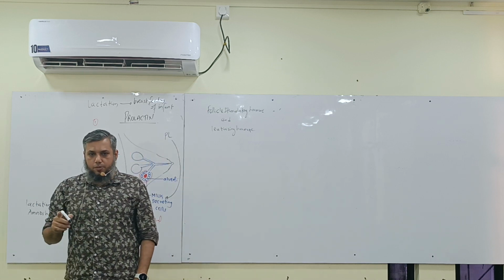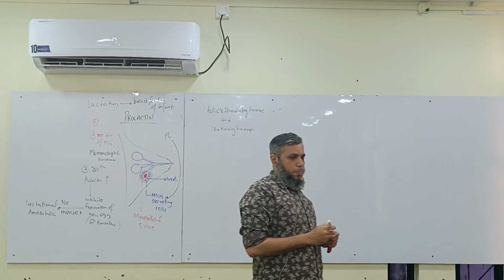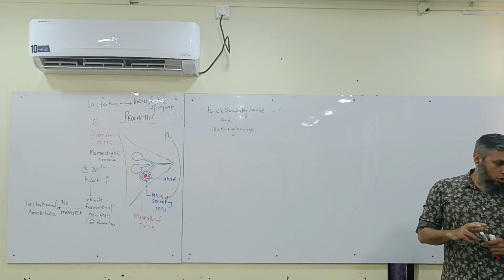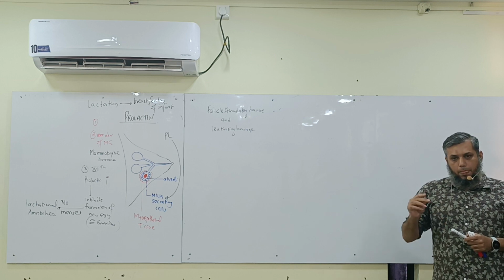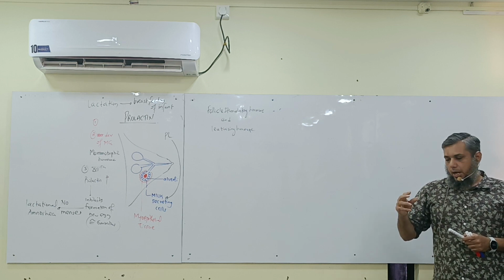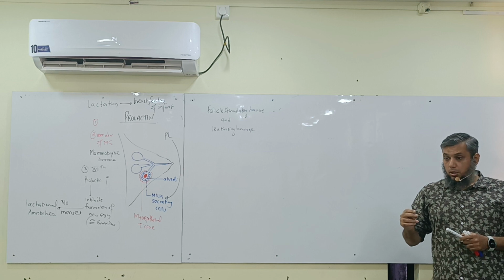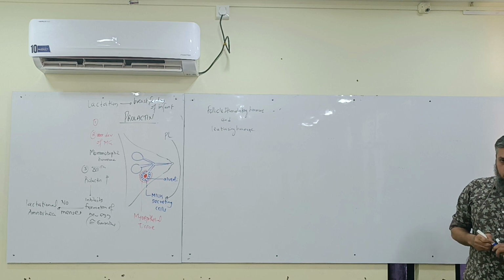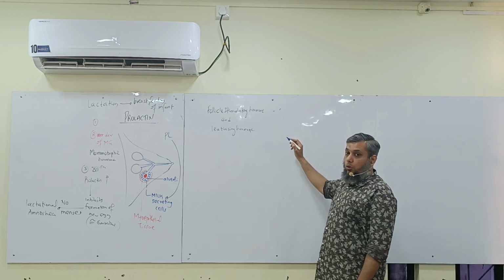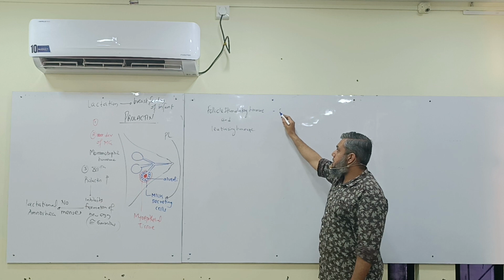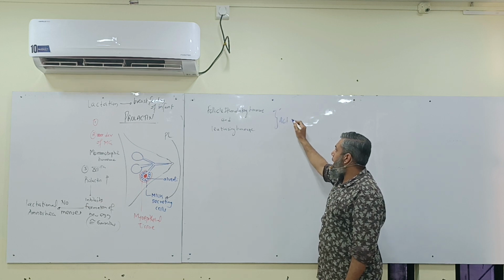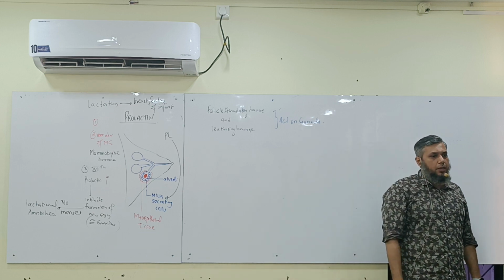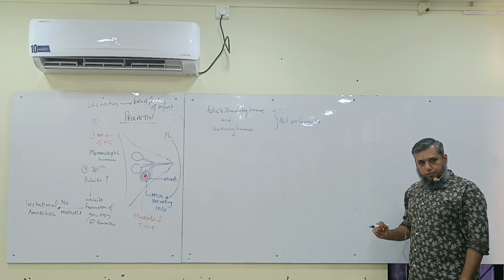I hope everybody remembers few things. Like what? The hypothalamus will release GnRH, that is gonadotropin releasing hormone, which will act and it will start the production of what? Gonadotropin. So what are the two gonadotropins which you know? FSH and LH. And FSH and LH are going to act on gonads. These two hormones will act on whom, kids? Gonads. Who is the female gonad? Ovaries. Let's discuss that first.